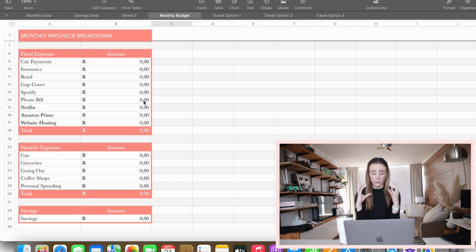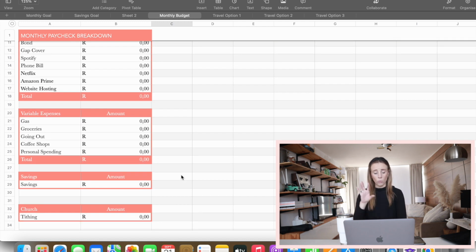For the grocery, going out, coffee shop bill, I transfer that money to Jason's separate account. He also transfers money to that account, and that's the only money that is in that specific account. So it's very easy to keep track of how we're tracking for the month, because that's the only amount that sits in there. So that's really nice. That goes separate. So my salary comes into one account, and then I transfer wherever my debit order would come off of, and also the money for him for grocery, going out and that.